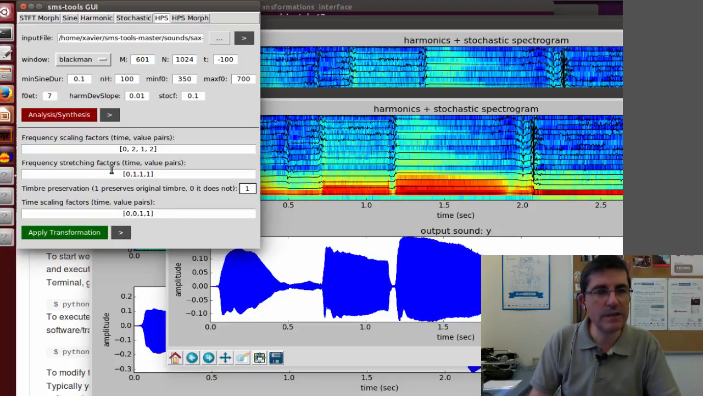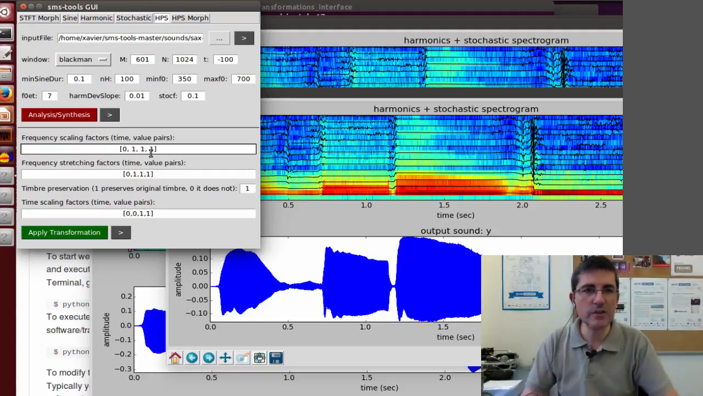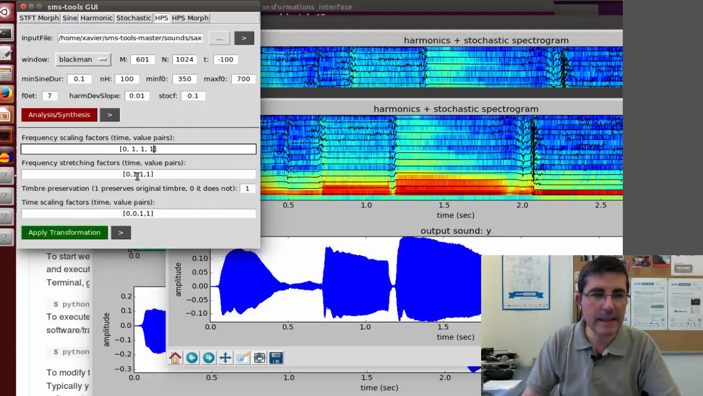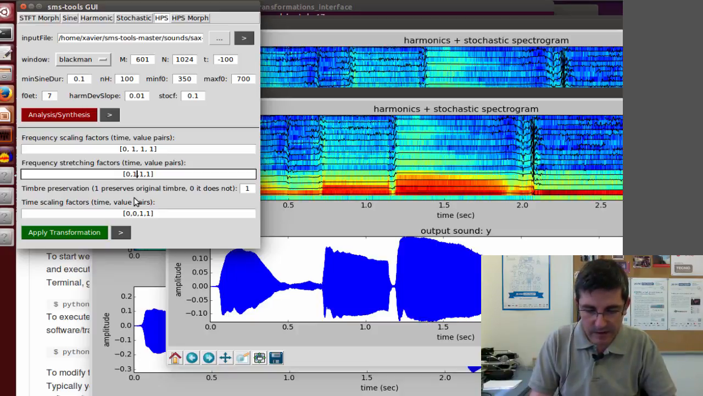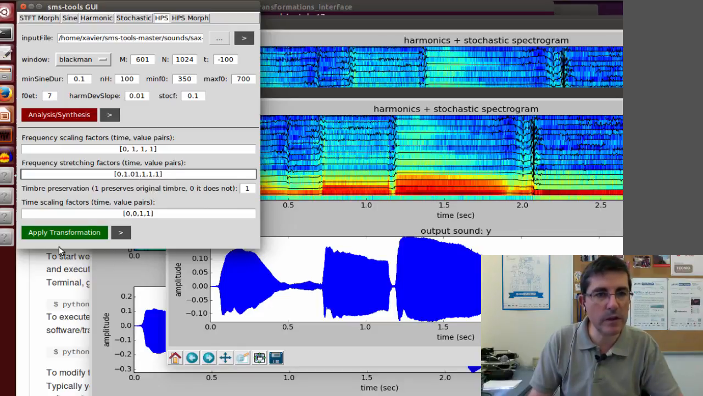For example, let's do a time frequency stretching. Frequency stretching can be, let's put this back to what it was. It's kind of stretching the partials and making them not equally spaced. So if we start, for example, at time 0, we stretch it a little bit, and at time 1, we stretch it quite a bit more. Okay, we stretch it 1.01 and here 1.1. Let's apply this transformation,